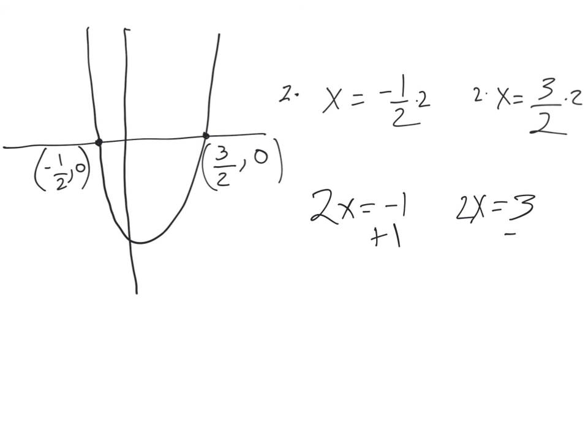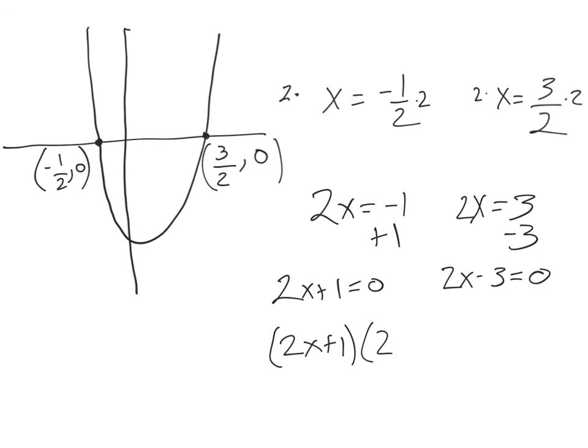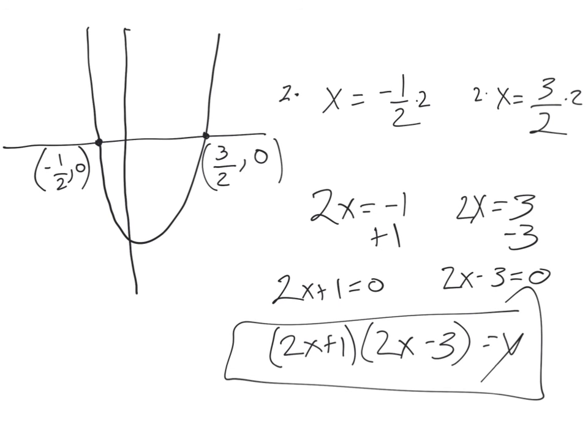So now I add 1 and I subtract 3. So I get 2x plus 1 equals 0, and then 2x minus 3 equals 0. So then my equation is 2x plus 1 times 2x minus 3 equals y. Okay? I can set to 0, or I can just go directly to